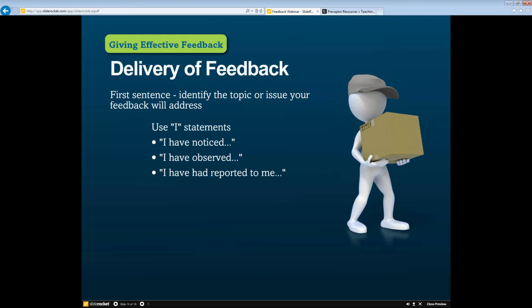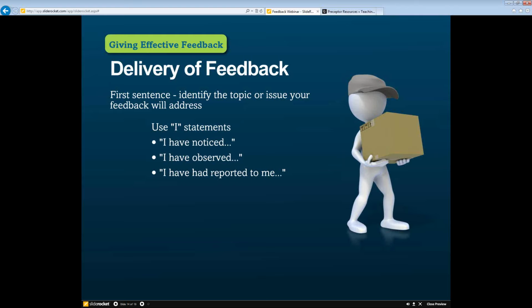Instead of starting with you statements, like you need to do this, or you did this, start with I statements. This is that interpersonal skill set that allows the person to hear you better. They feel less threatened. So I have noticed that when you take a history, you seem to be very appropriate, very accurate, very focused on the problem at hand. I've observed, and then you can go into other things. It's the same thing, just what you have done. It works for positive feedback, things they're doing well that you'd like to see them continue to do well. It works for negative feedback. I've observed that every time you do the cardiac exam, you listen in 2 areas and you listen over the shirt.